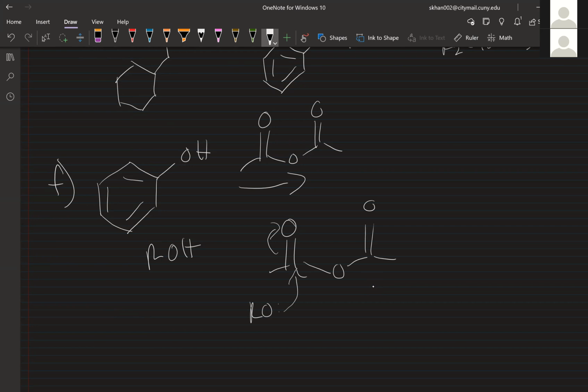This is going to kick in, then this is going to reform and kick this off, and you basically form an ester, right? So all you're really doing here, doesn't matter which side you pick, is one of these carbonyls is essentially just forming an ester with the alcohol,